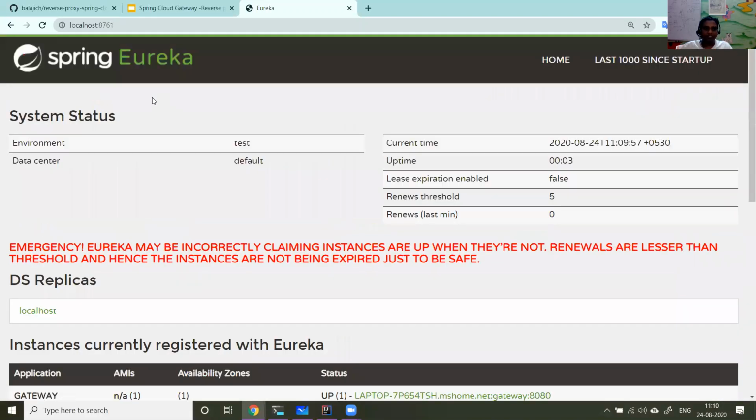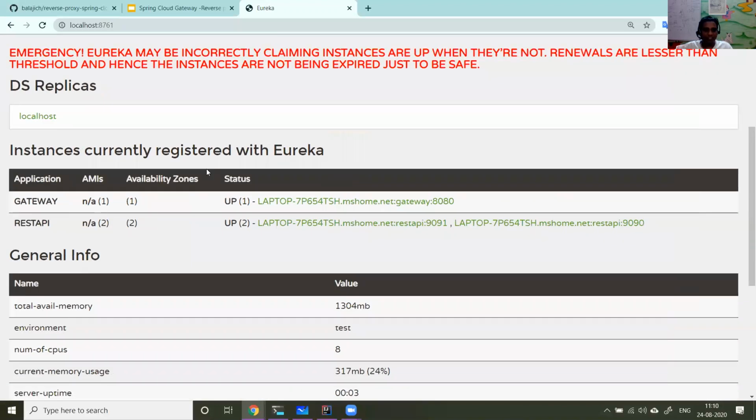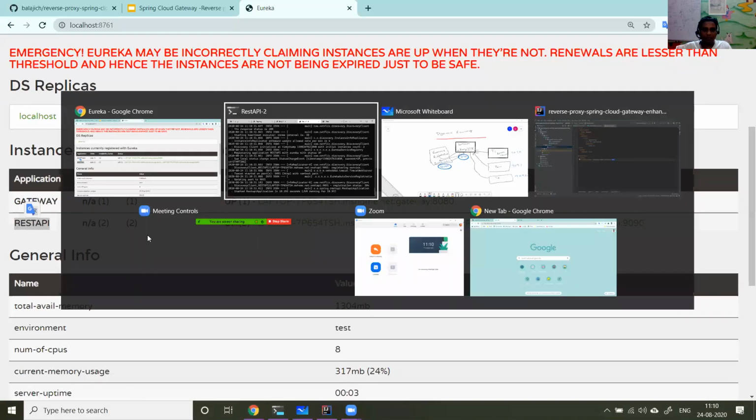Think of the registry as keeping track of all the healthy services. I'm not going to go into detail on how a heartbeat happens between the registry and the services. That you can explore very well. But every time a new application instance comes up, here REST API is one application with two instances, running on 9090 and 9091, they get registered.